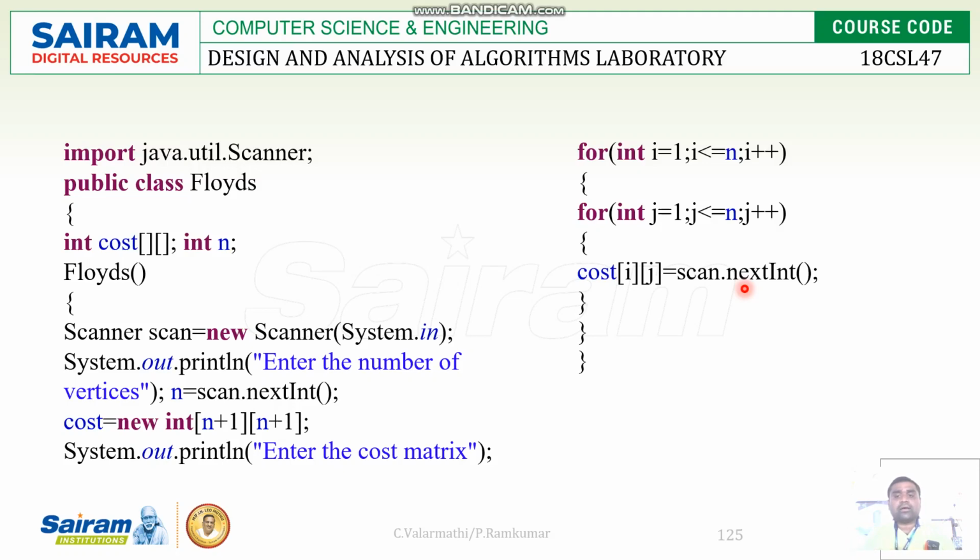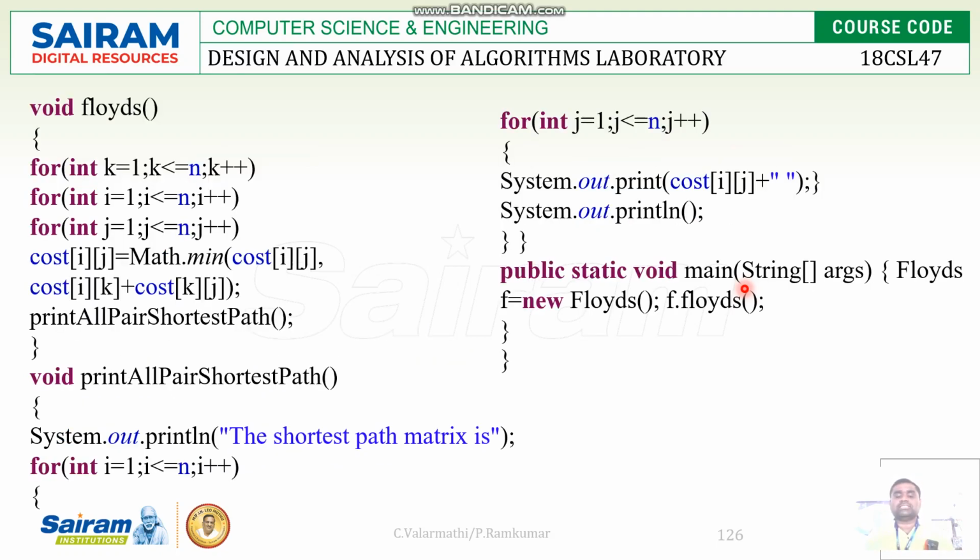So I am using for int i is equal to 1, i less than or equal to n, i plus plus. For int j equal to 1, j less than or equal to n, j plus plus. Cost of i comma j is equal to scan dot next int. So each and every time I will get the value for both rows and columns, and the cost adjacency matrix will be created. Cost adjacency matrix means the cost required to